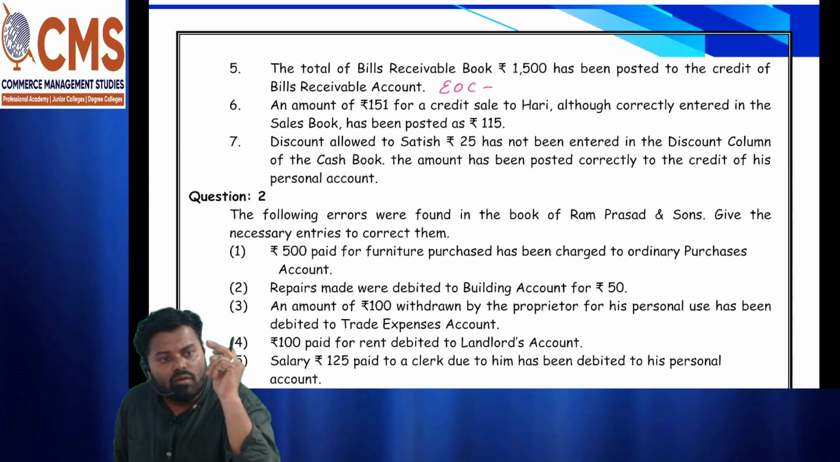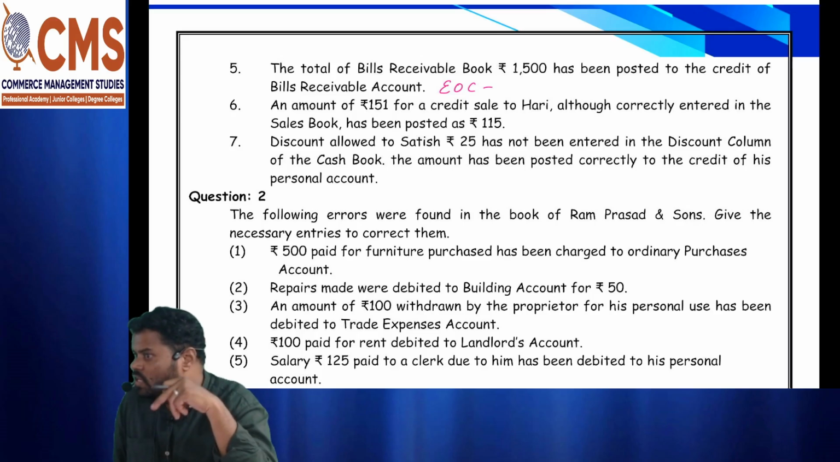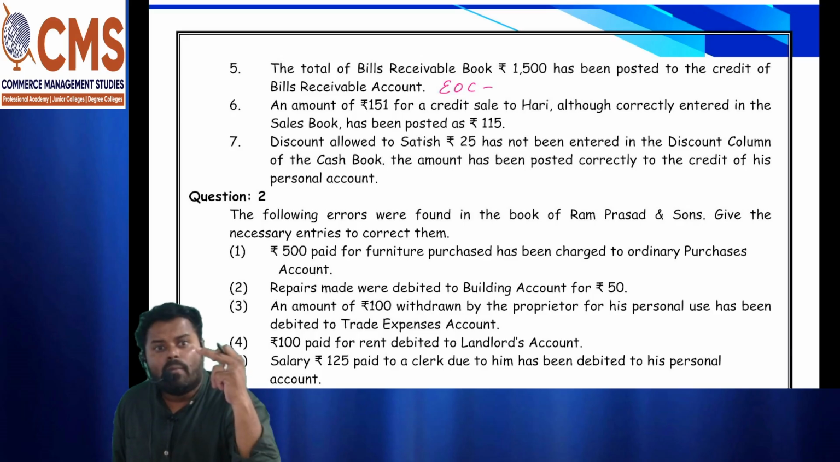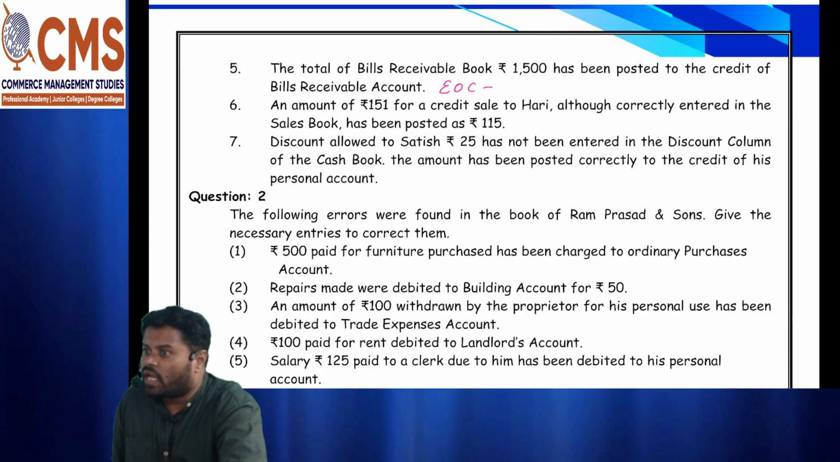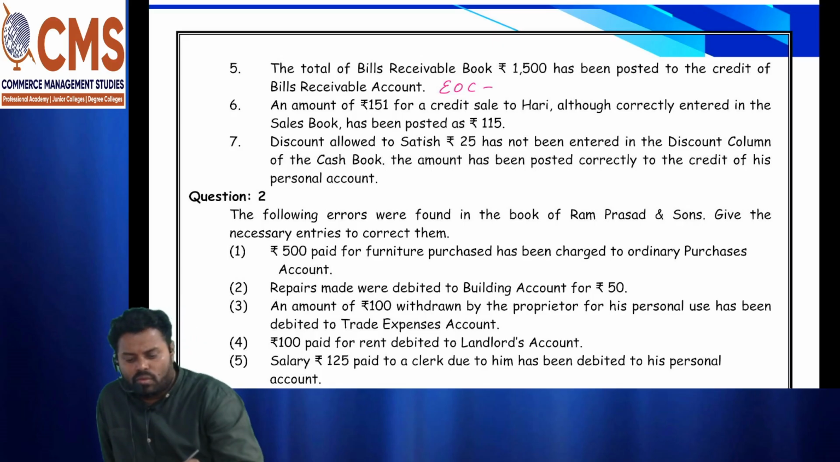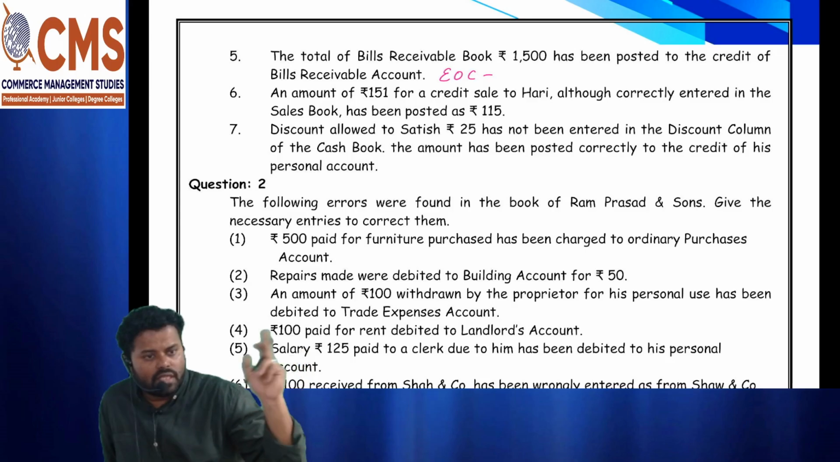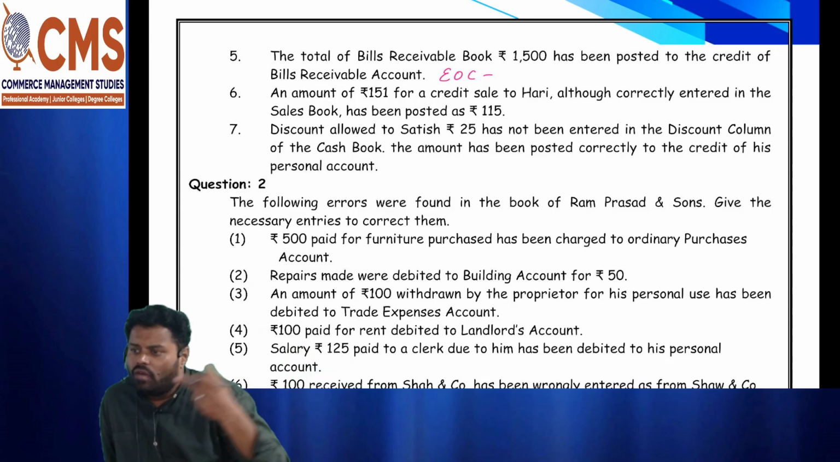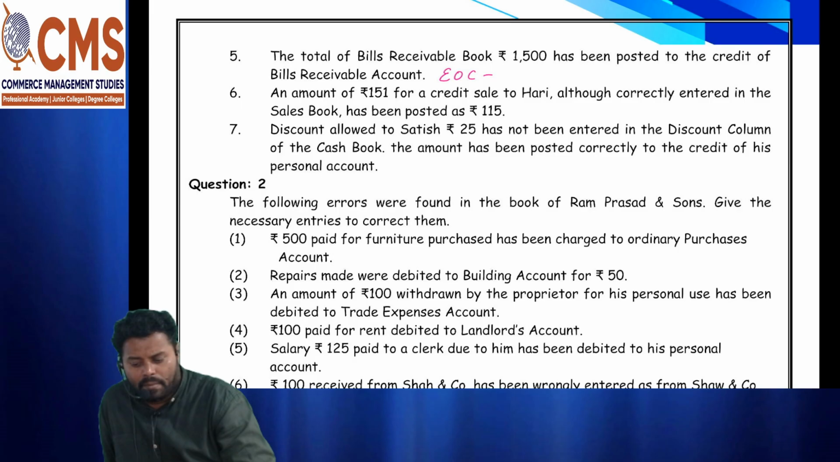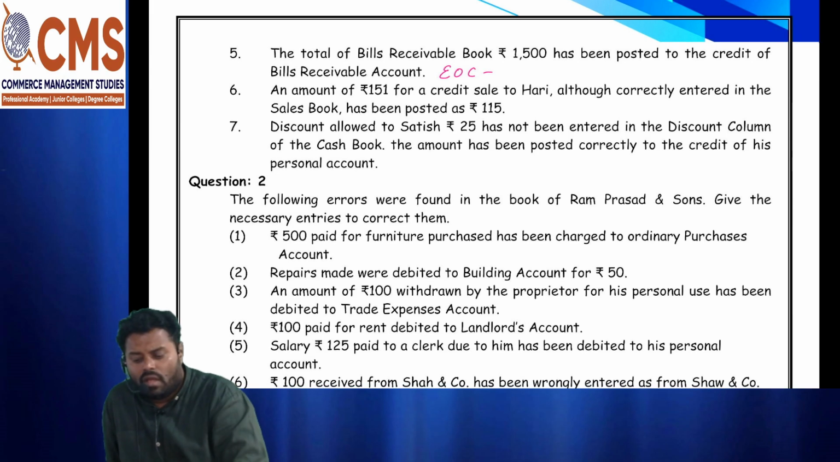Now, when account is correct, amount is correct, and the side goes wrong, what have we discussed now? Amount will be double. That is, we have to use a double amount to rectify. So, where will you write this double amount? Debit side. If I write 3000, it will cancel 1500 wrong side amount that is there on the credit side, and 1500 will be there on the debit side. Done. Next. An amount of 151 for a credit sale to Hari, although correctly entered in sales book, has been